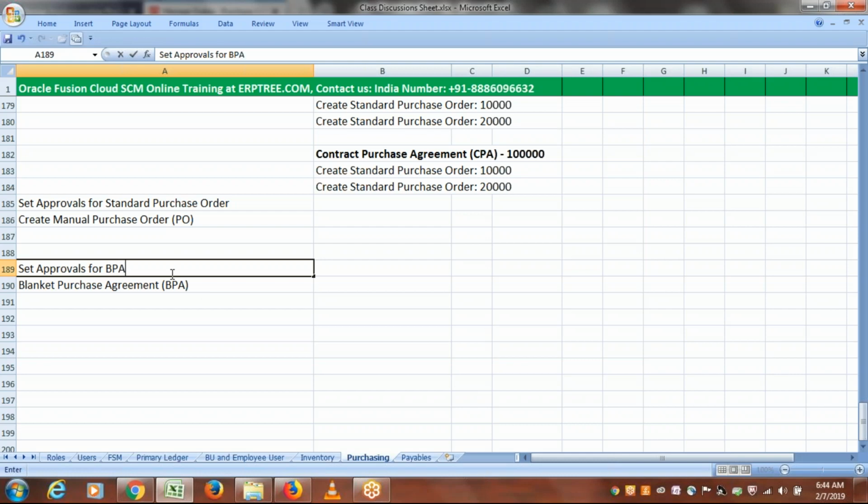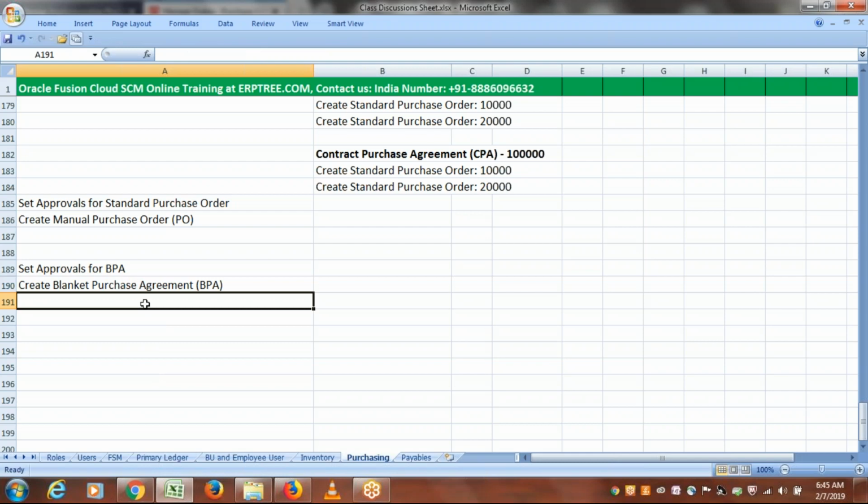Just simply write it as BPA, blanket purchase agreement. After setting the approvals, we will create the blanket purchase agreement, and against